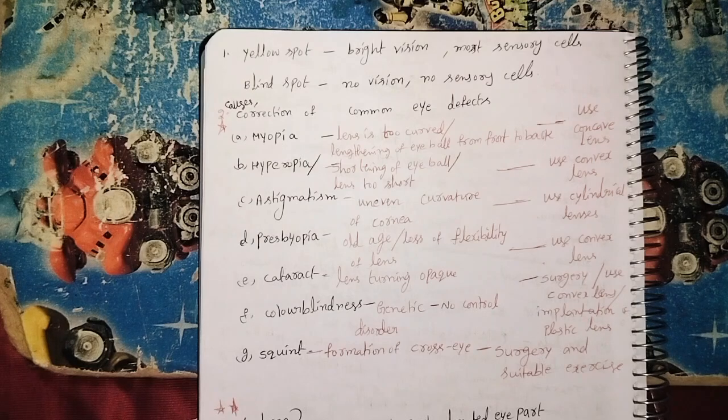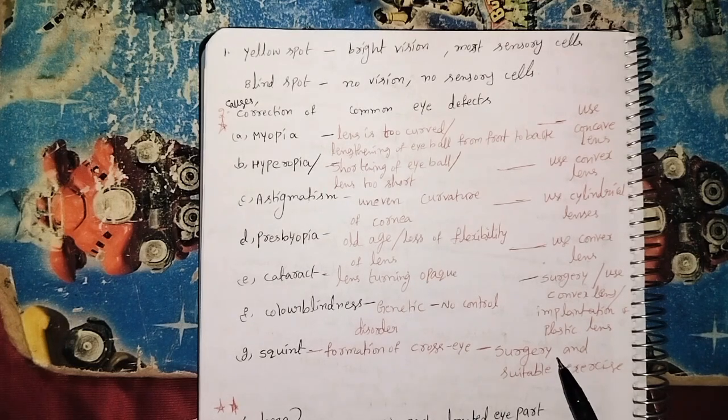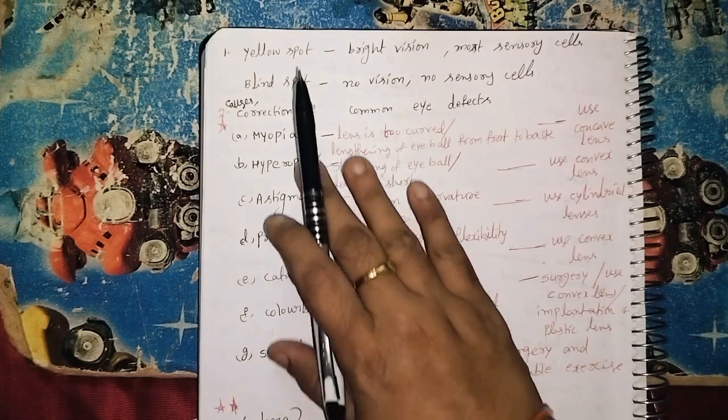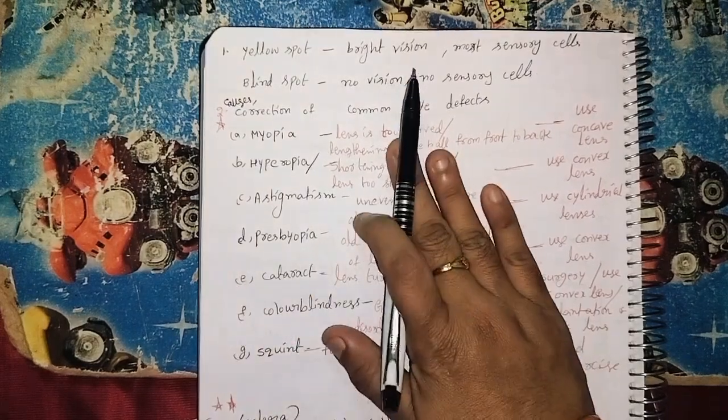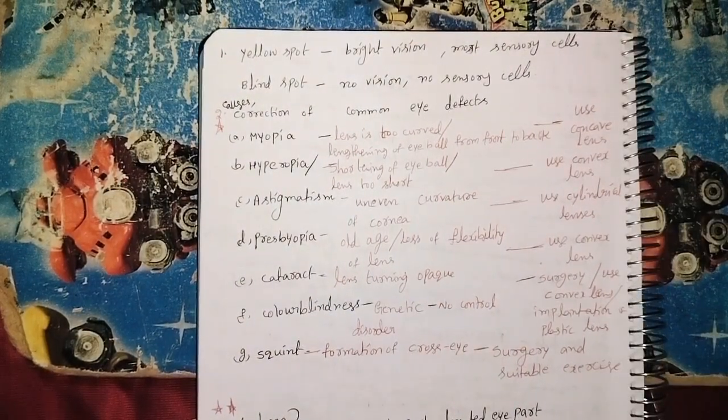Next one, color blindness. This is a genetic disorder, so there is no control. Next one, squint. It is the formation of a cross eye. The correction is surgery and suitable exercise. So these are all the eye defects, causes and corrections. This is a very important topic,